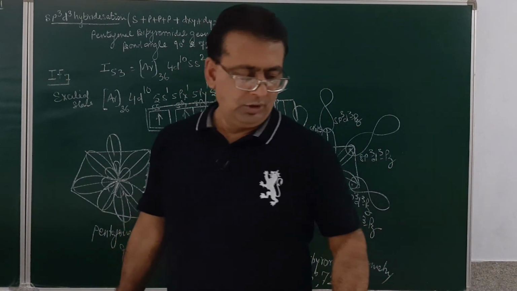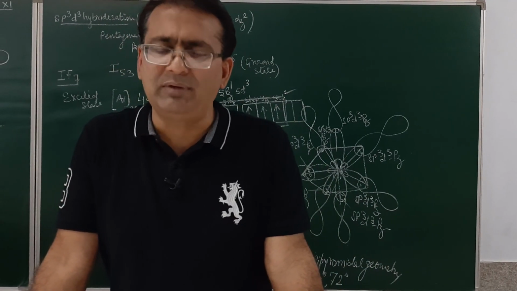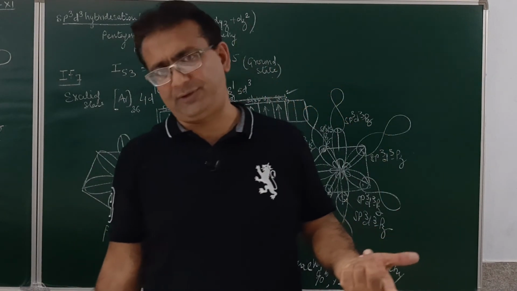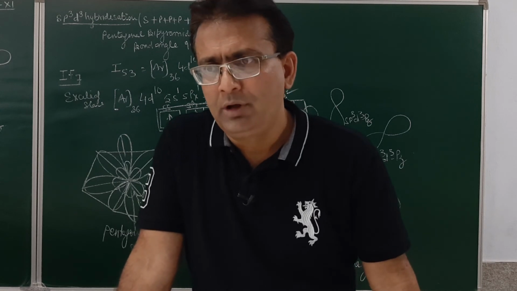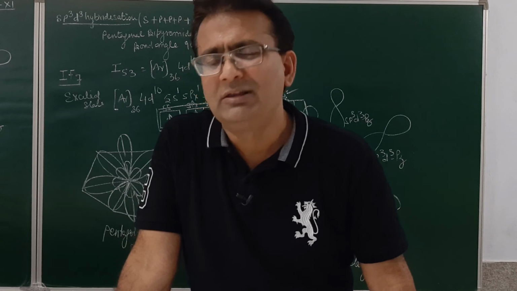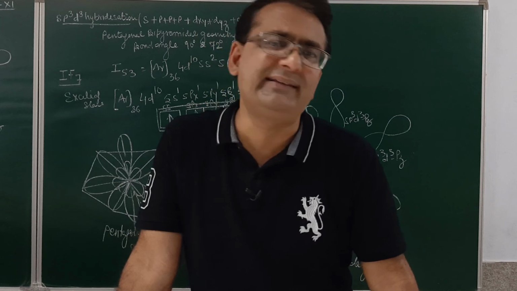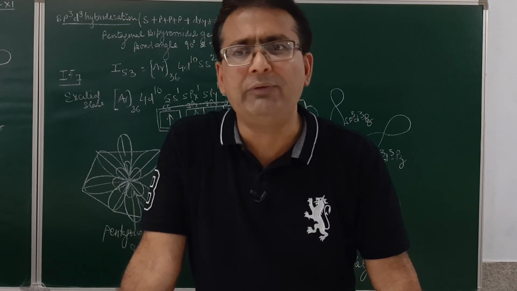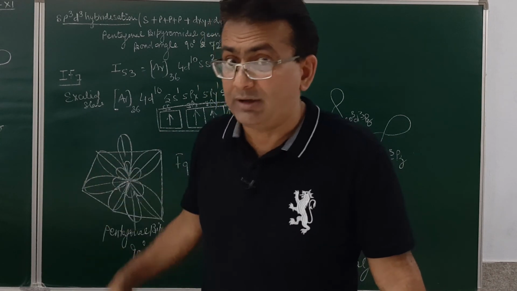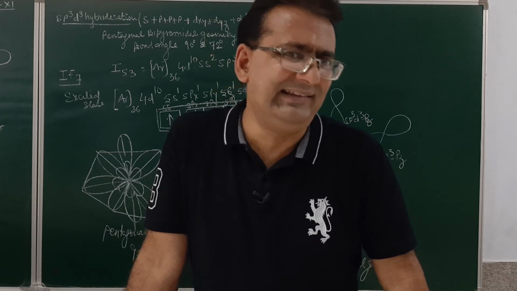Now student, in our next lecture, we will discuss some of the geometries in molecules where the lone pair comes. When the lone pair comes, distortion in the geometry will take place due to lone pair bond pair repulsion. That will be discussed in valence shell electron pair repulsion theory. We will come across certain distorted, irregular geometries. These were the regular geometries, and we tried to explain how these geometries can be stabilized.